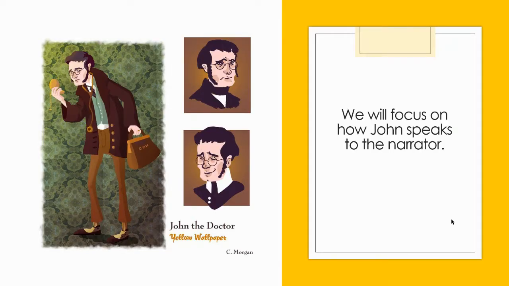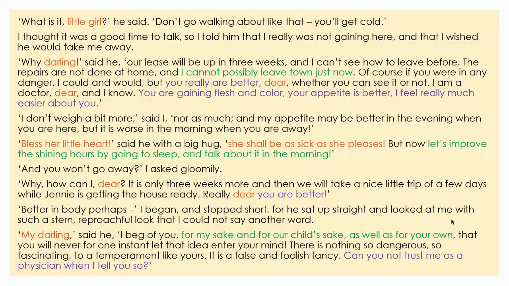So we're just going to whiz through an analysis of a character, and we're going to focus on John. Most specifically, we're going to focus on how he speaks to the narrator. I do include a link later where you can read some analysis about how he's described by our narrator, but I'm going to leave that for you to do. This is just a taster course, isn't it? So I'm not going to do everything, and you're probably fed up of hearing my voice. So we are just going to focus on how he speaks to the narrator.